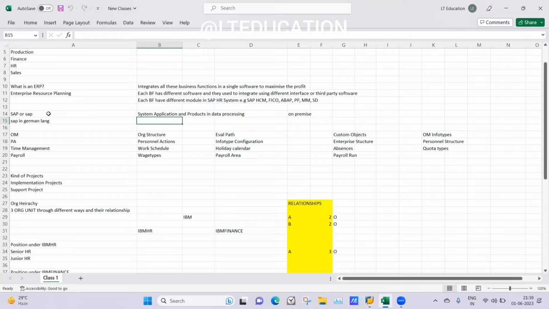The full form of SAP is System Applications and Products in Data Processing, and it is an on-premise application. On-premise means basically the whole infrastructure of this SAP system will be set up in some particular building. Okay, and all those setups would be there, all the CPU and all other things will be set up in the organization's building. Okay,